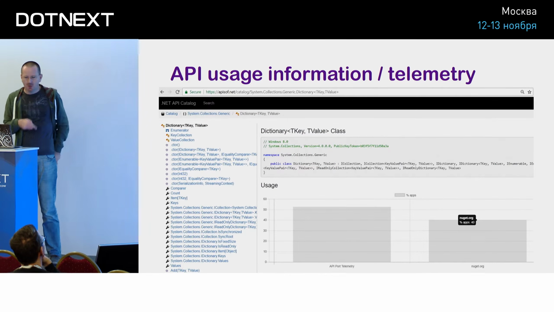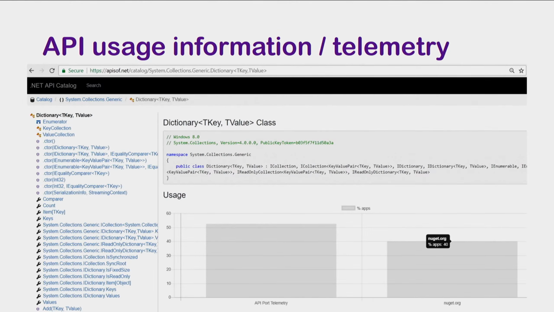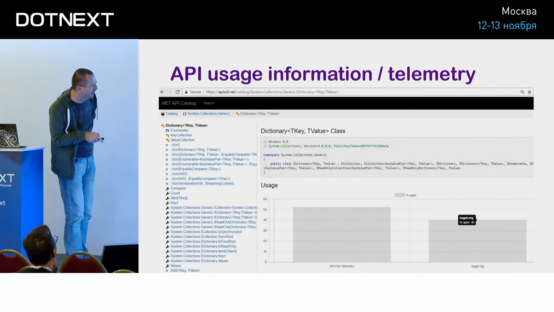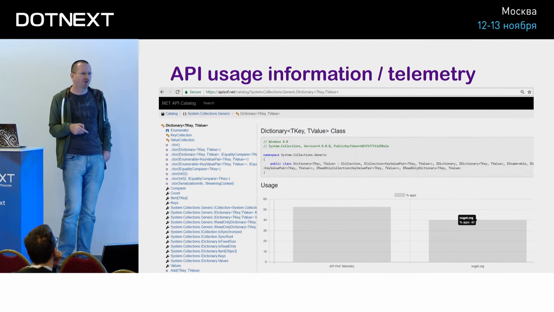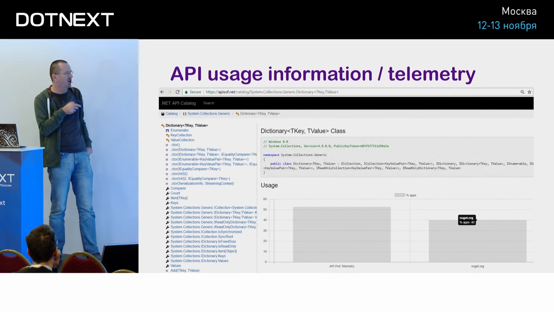This is a demo or example of how we look at API usage. So for example, this is Dictionary lookup, and over here this is for the entire type, and over here this is the public part. You will see on NuGet.org how popular it is. So over here it's 30% of apps, or actually NuGet.org is 40% of libraries that use Dictionary of